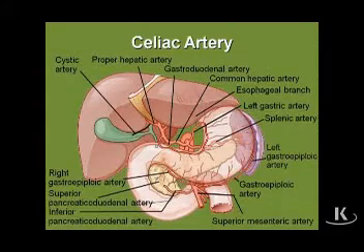The other very important point about this artery is the fact that it anastomoses with this artery that we see here, which is actually a branch of the superior mesenteric artery, which is the inferior pancreatico-duodenal. So going into the head of the duodenum from above, we have the superior pancreatico-duodenal, and from below, the inferior pancreatico-duodenal. And they anastomose with one another to provide a very rich blood supply to the head of the pancreas